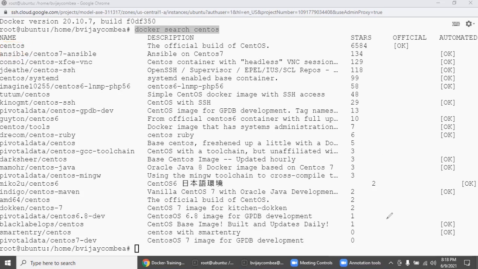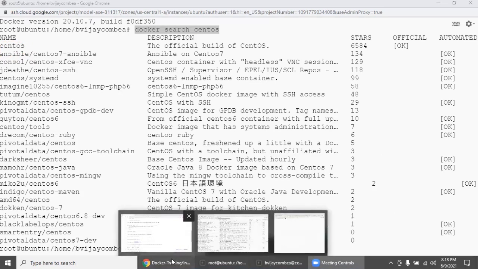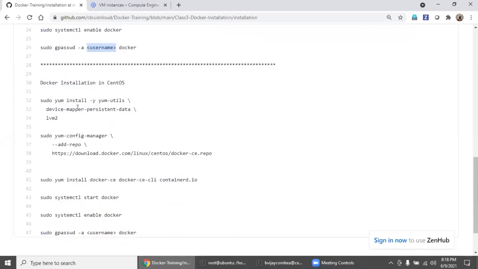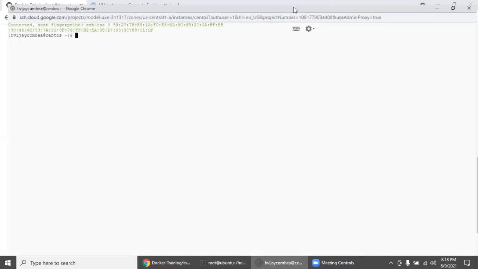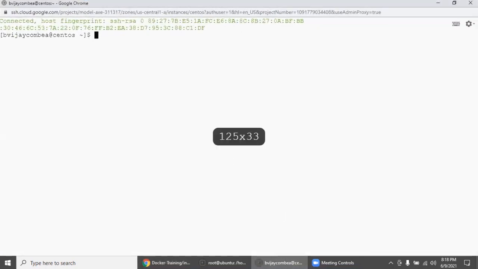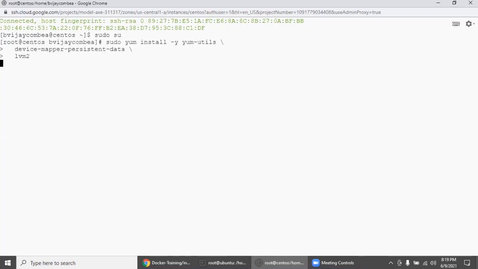Now we will go to the other machine which we created, the CentOS machine. In this CentOS machine, we also need to install some prerequisite packages. This is the CentOS machine, so let's zoom in. We will switch over to root. Now we will install the prerequisite packages.